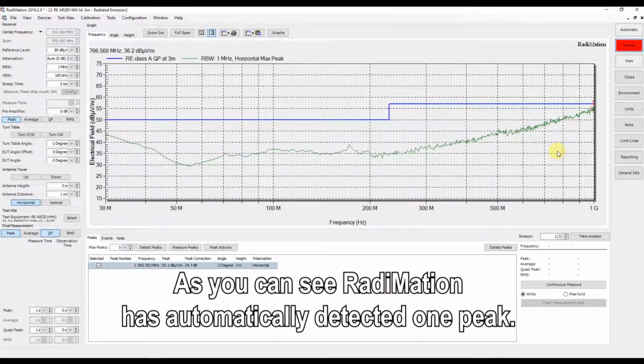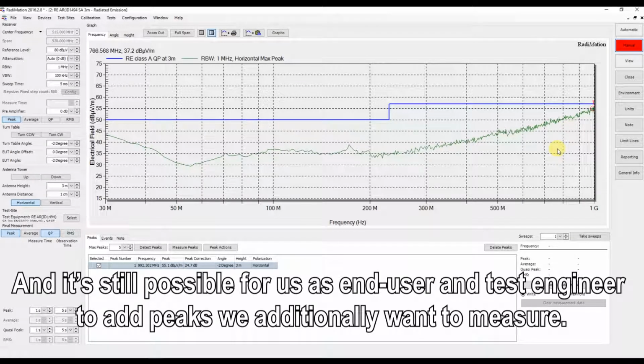RadiMation has automatically detected one peak, and it's still possible for us as end user and